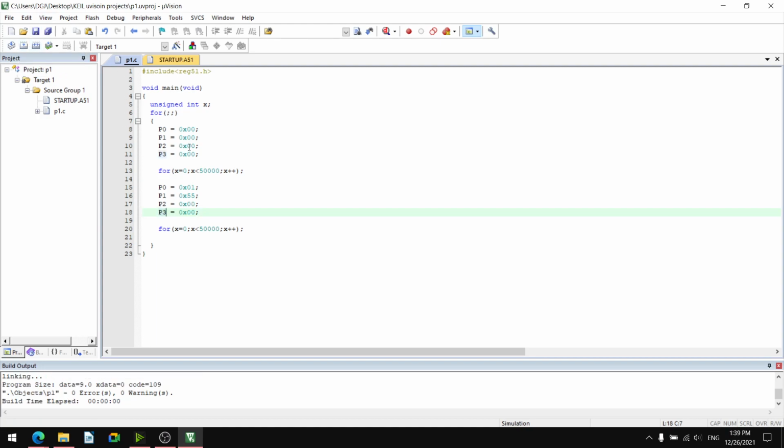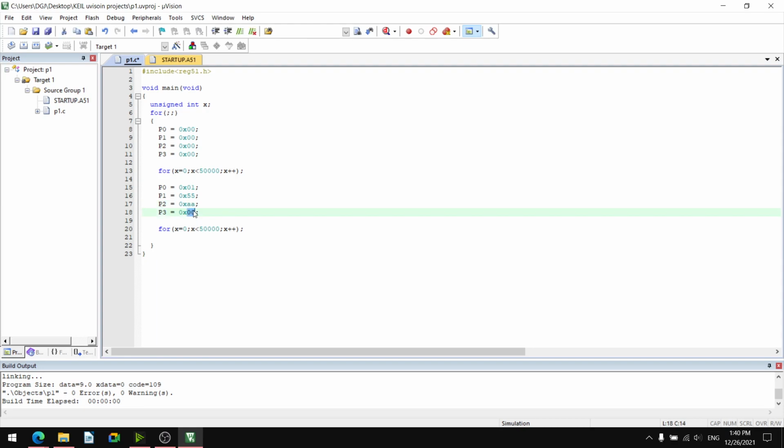So P0 is 00, P1 is 00, P2 is 00, P3 is 00. And delay is there, and then P0 is 01, that is 00000001. And P1 is 55, that is 01010101. P2 is say AA, that is 10101010.